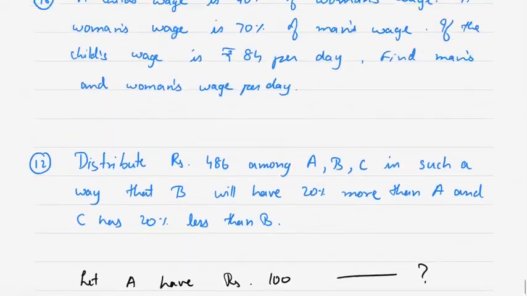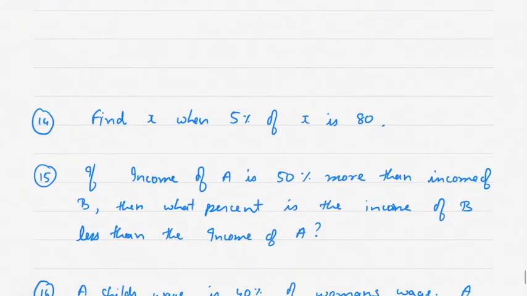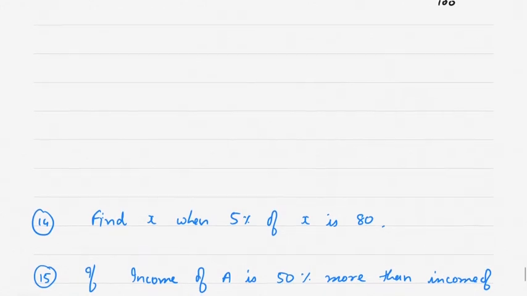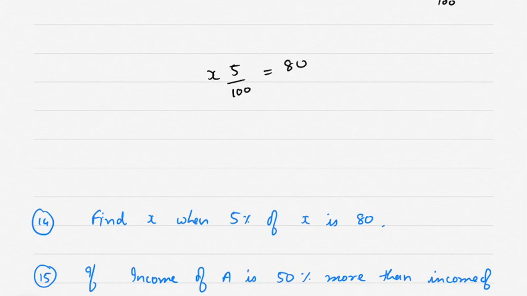I am sure you are able to solve all these problems by yourself. Find x when 5% of x is 80. Okay, I'll solve it here. Very simple. 5% of x is 80. That means x into 5 by 100 is equal to 80. What is the value of x? So x is equal to 80